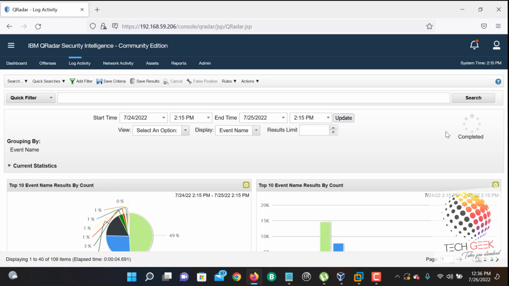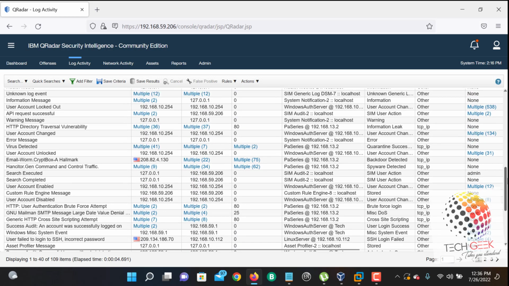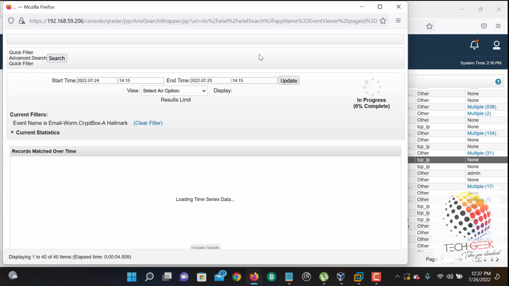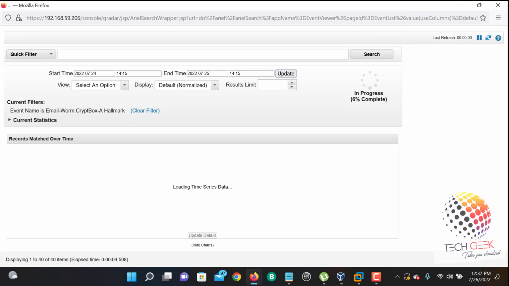You getting my point? So whenever it is there, you can see this is how the log events happen. Yes, everybody is clear. Now I'm taking any of these emails here. Let me take this email worm. When I take this email worm, I'll get all the logs related to the email worm. Right or not? Now here we have certain IP addresses. Let's see. If I click on this information,